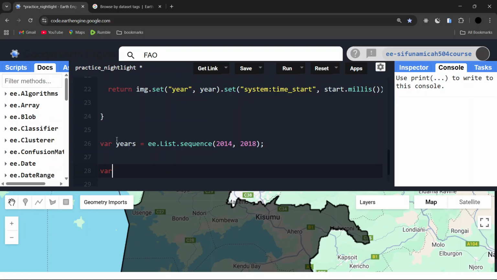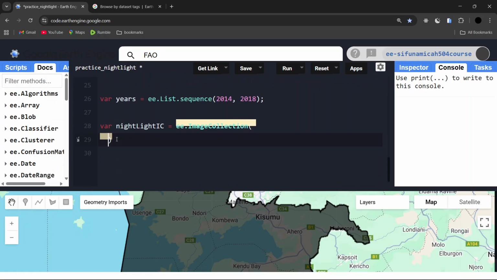And then down here I'm going to say variable nightlight image collection is going to be equal to the image collection. So ee.ImageCollection, and then inside this one we are going to take the years. So we're going to map through the years. So here I'm going to say years that we have listed above, which is 2014 to 2018. So we have 2014, 2015, 16, 17, and 18. So we are going to say years.map through the years